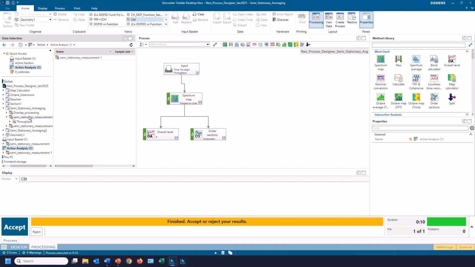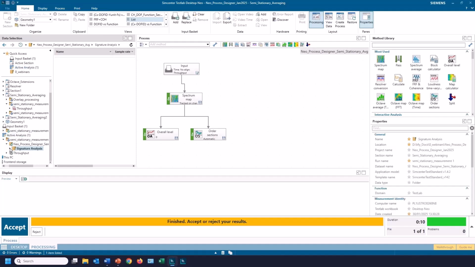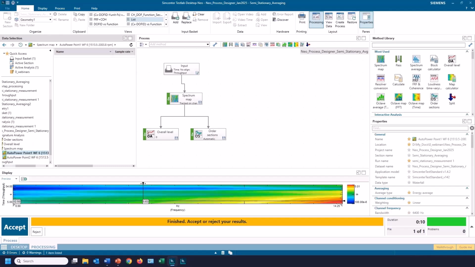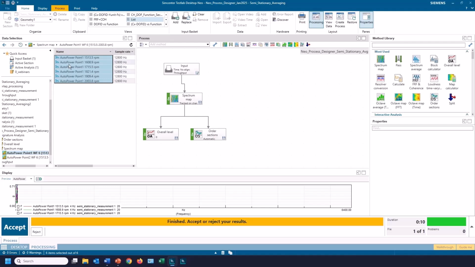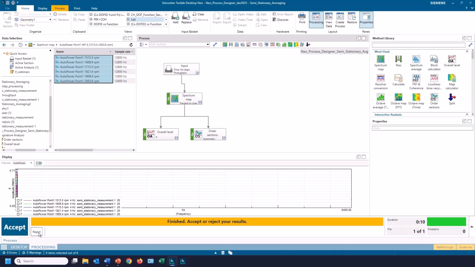So I'm going to switch to my list view here. And if I expand this active analysis and look for my waterfall that was calculated. So here's my waterfall. So here I highlighted the blocks in the waterfall, and I can see that they had 20 averages. So remember that each one of these tracking points had 20 averages. So let me reject that.